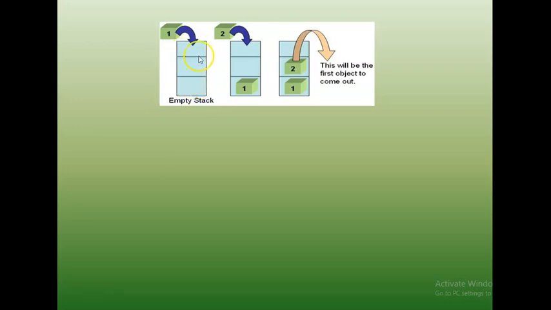The speciality of this structure is that the three sides except the upper edge are all closed. We cannot operate on the elements from any side other than this top edge. So these arrows also show that fact. We can put in elements from the top and we can take out elements from the top.